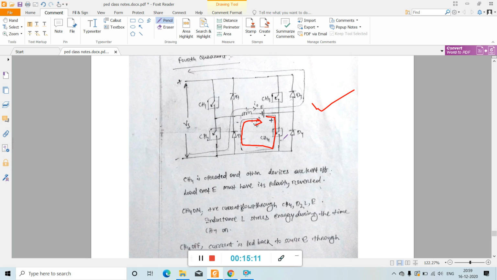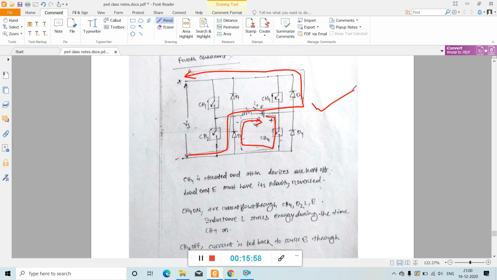But when chopper 4 is turned off, current is fed back to the source through diodes D2 and D3. Inductance L stores energy during the time chopper 4 is on. So while chopper 4 is on and current is flowing through this path, the inductance stores energy. Once chopper 4 is off, current is fed back to the source through D2 and D3. So the feedback current path is like this. This is the path through which current is fed back